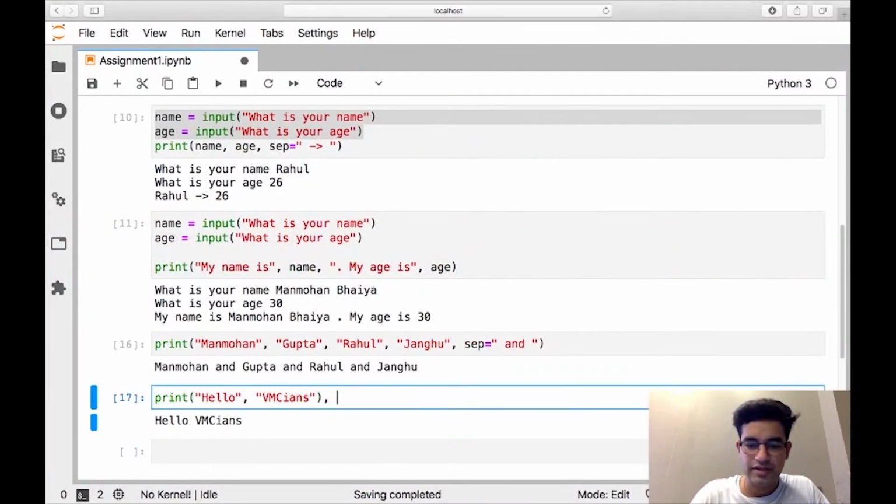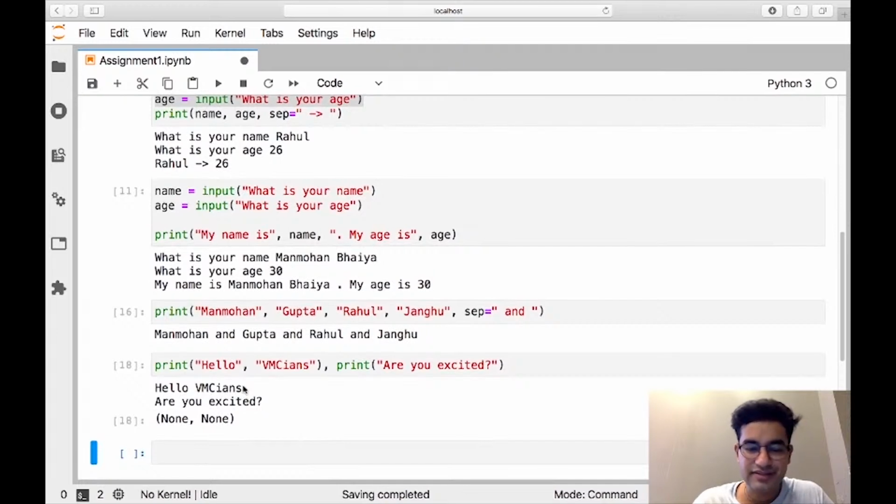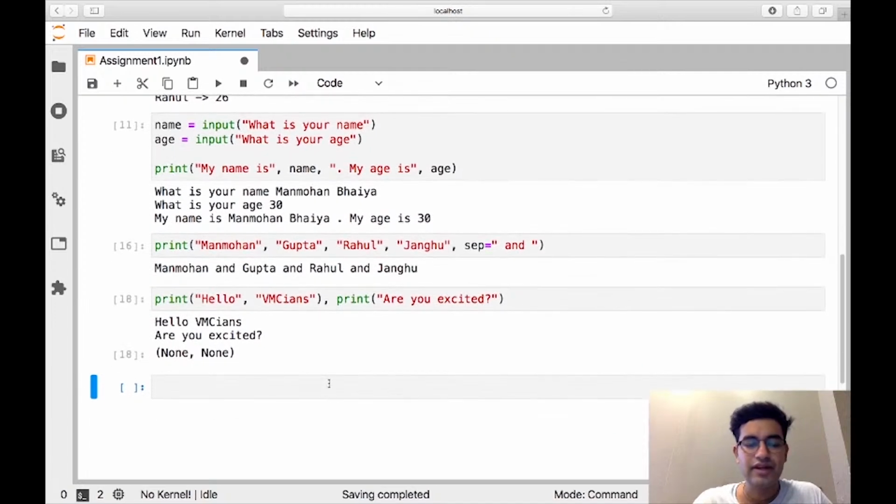So I'll just start it down here only, that is print. Alright, so it will just print this value, then the value in the next print function in the next line. So I think you all know this, because there is an inbuilt method in print function,